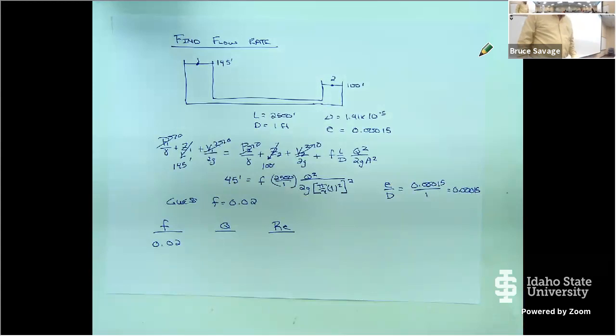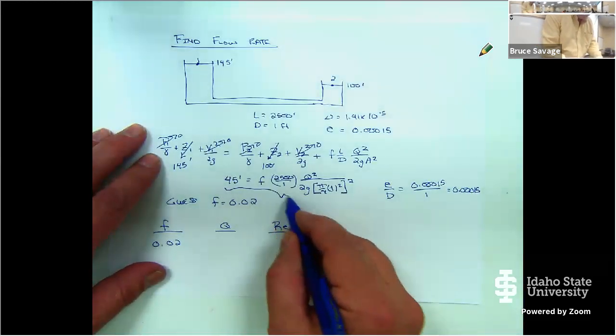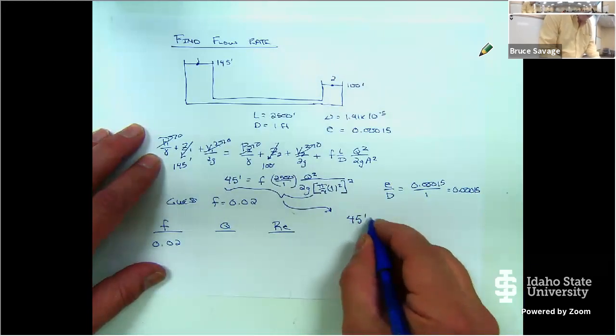Okay. I'm also going to simplify my equation a little bit, because what we're going to do here is iterate. So I'm going to crank out all these numbers to simplify my equation. So 2,500 divided by 1, and then divide that by 2G times the area, pi divided by 4, times 1 squared, quantity squared, and divide that in there. So if I've done my math right, this whole equation right here boils down to 45 feet is equal to